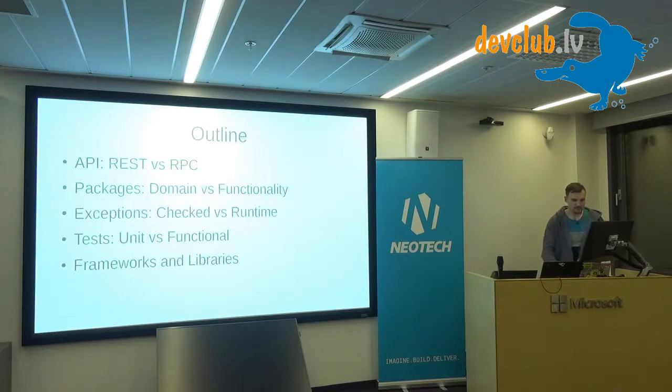So, without further ado, this is the outline. Basically we look at two ways we thought about doing APIs, two ways we thought about doing packaging, two ways we thought about doing exceptions, two ways we thought about doing tests, and just a little list, if you have time, to look at the frameworks and libraries we thought are necessary in every project. We just add them everywhere, so maybe you'll see some name and use it at your discretion.